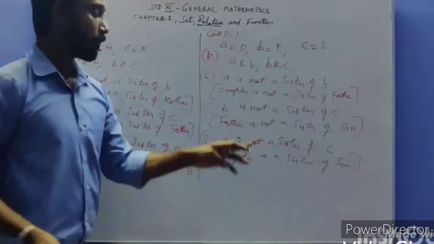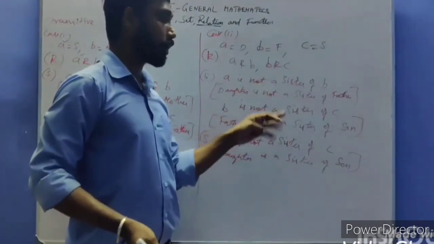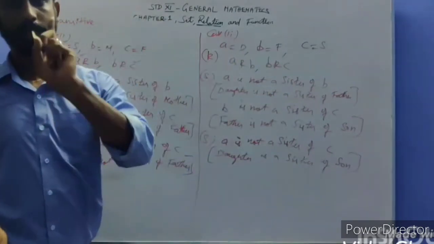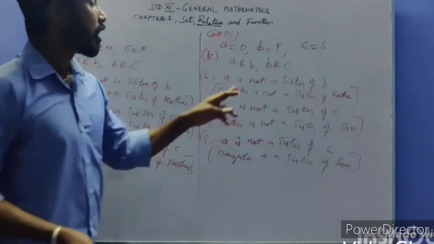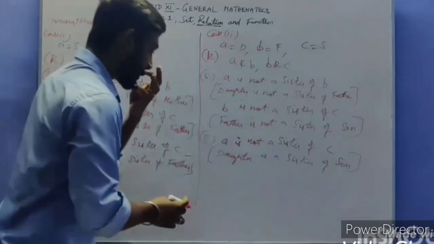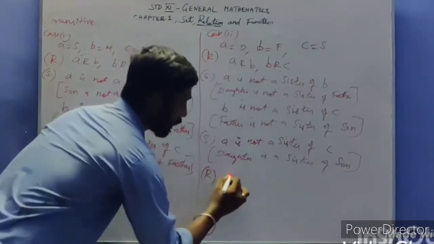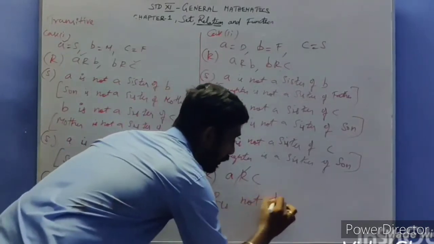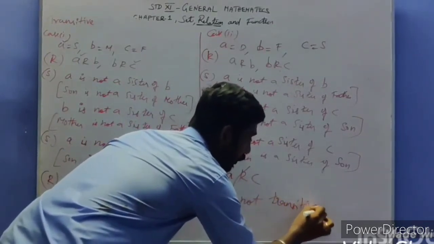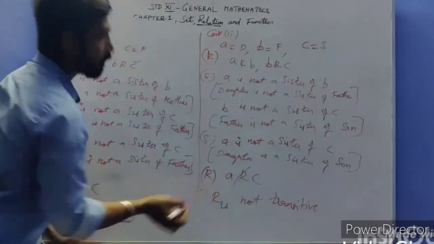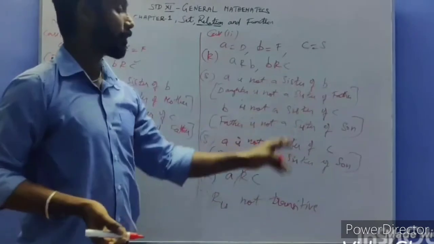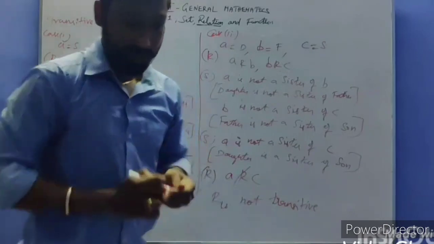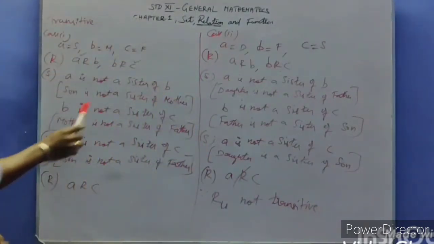It is possible. One condition will be possible, but two conditions will not be. I already told you three conditions are there. Three statements are there, and one statement will be different. It is not a relation. If you are writing here A not related to C, R is not transitive. Now clearly understand: if one statement is not equal, one statement will be different, it is also not transitive.